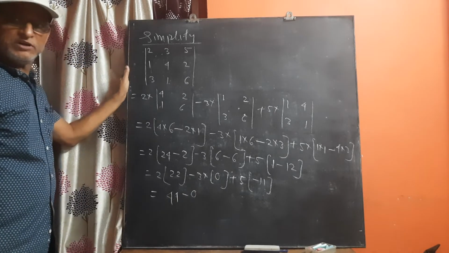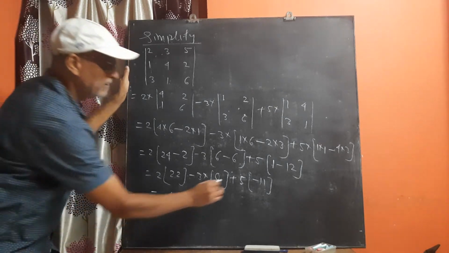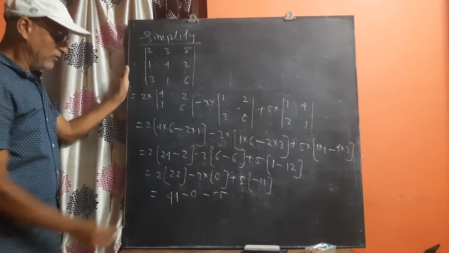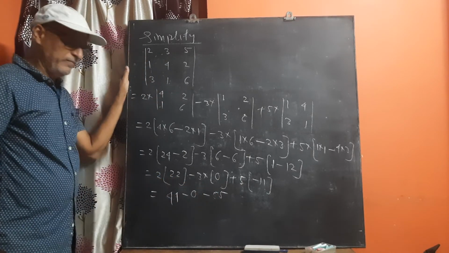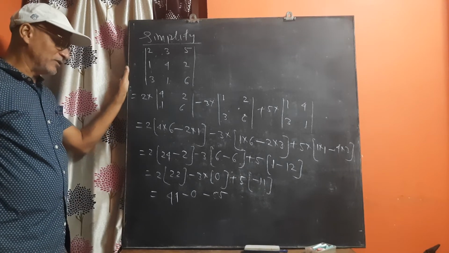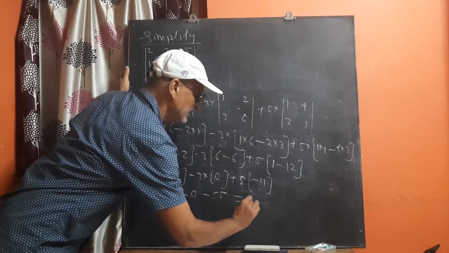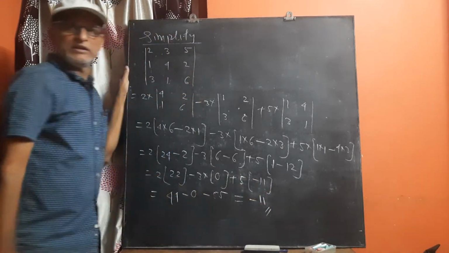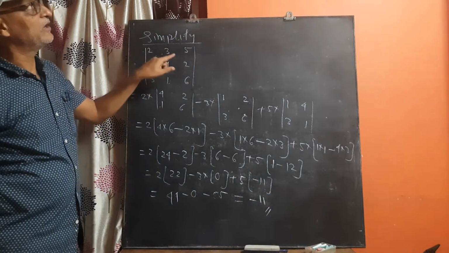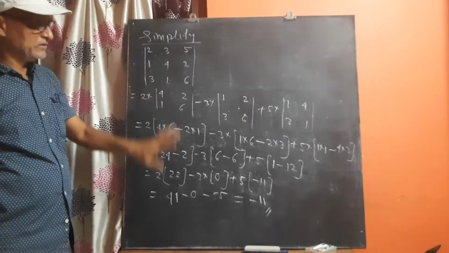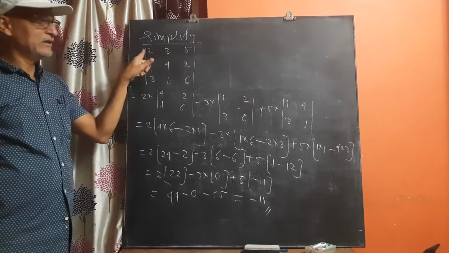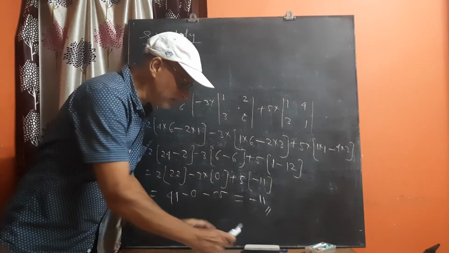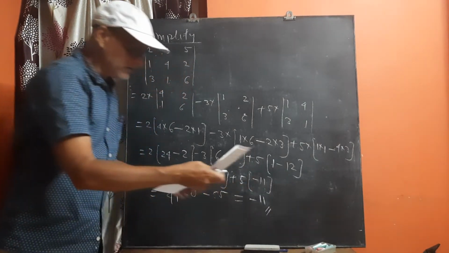We know that any number into 0 is equal to 0. 5 into minus 11, that is minus 55. Now 44 minus 55, calculate karo, you get minus 11 is the value of that 3 by 3 order determinant. So that is the simplification of 3 by 3 order determinant. We will solve one more problem on that 3 by 3 order determinant, and that is